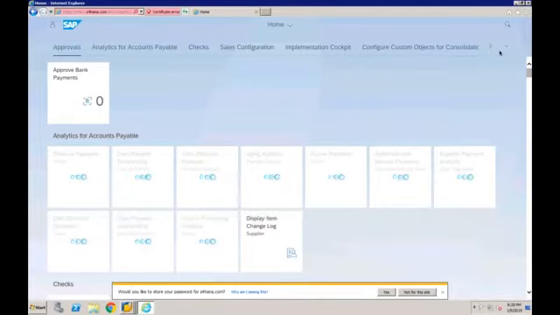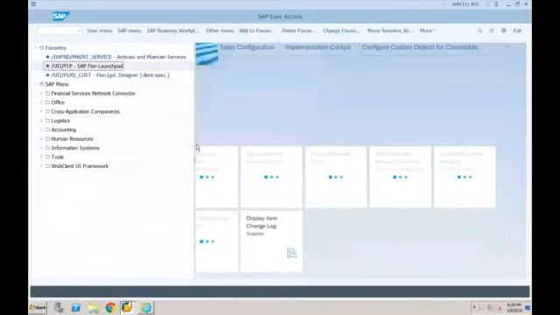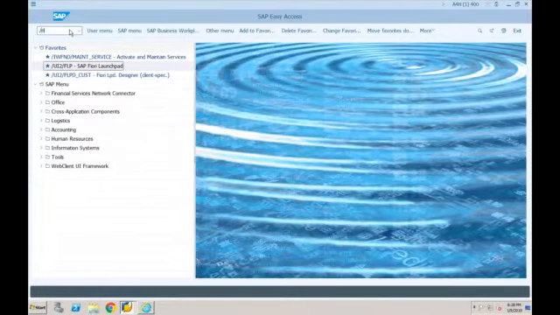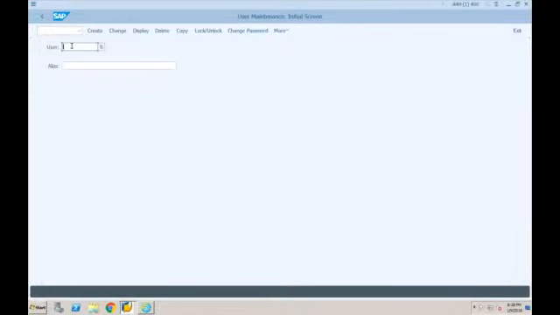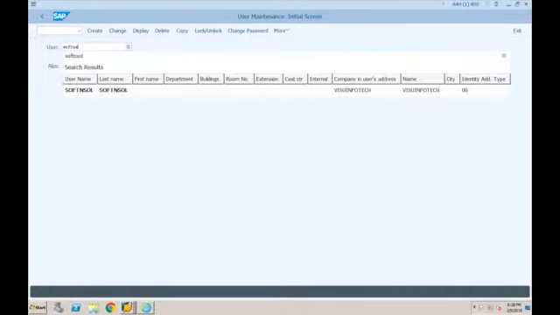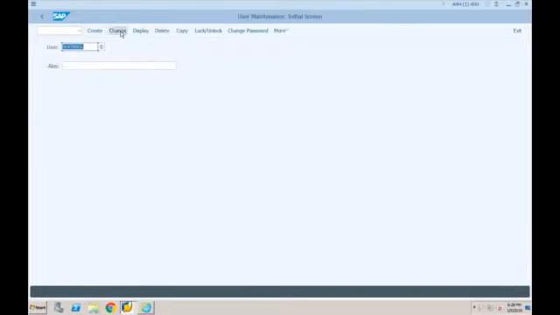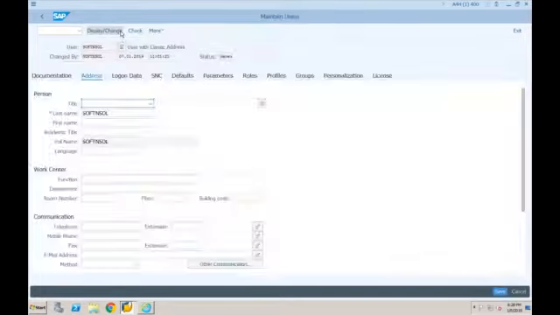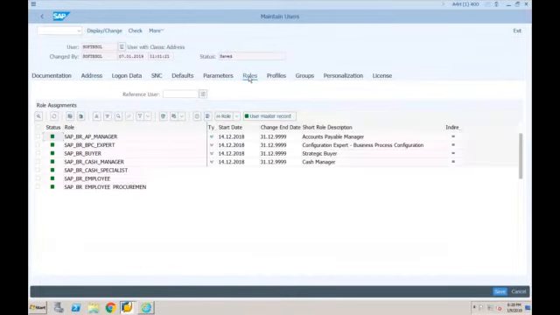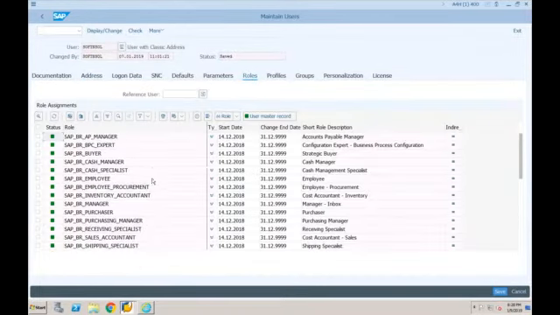Okay, so in that case, what I need to do is go to this SU01 transaction. In SU01, I have to provide my user ID, which is very similar to what we were doing in SAP ECC. This is a role-based concept, right? If I want to change, I'll go to the change mode. In the roles, you can see there are a lot of roles assigned to my ID, and that is the reason there are different things available under my Launchpad.